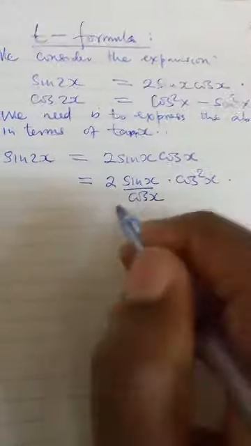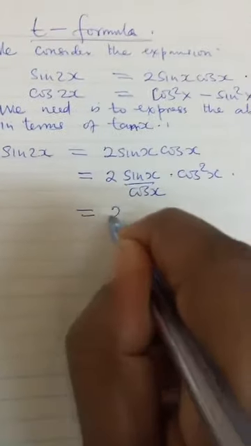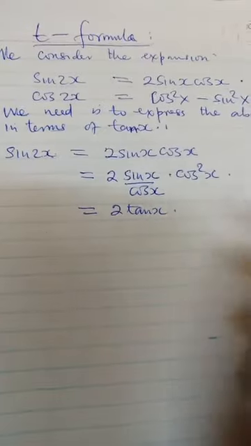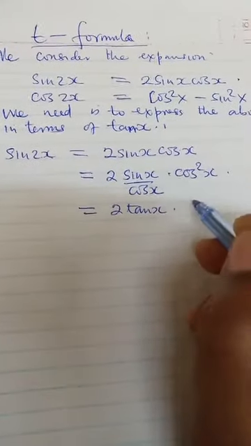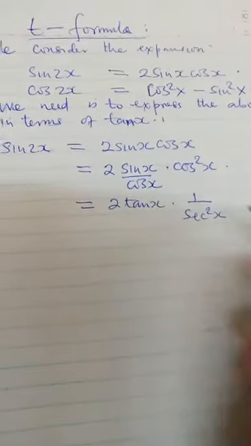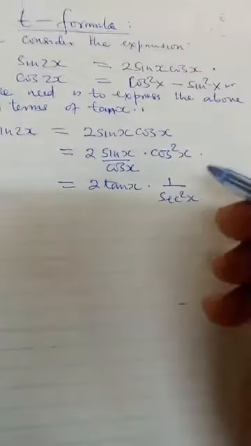And if I proceed, I can write this as 2 tan of x times, since this is cos squared, 1 out of sec squared x, with an argument that